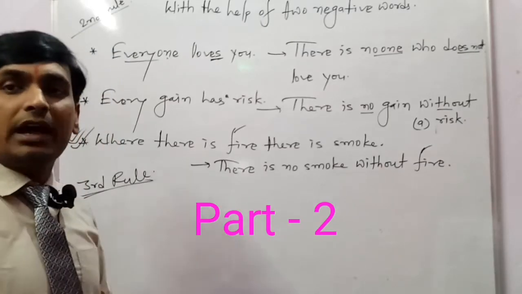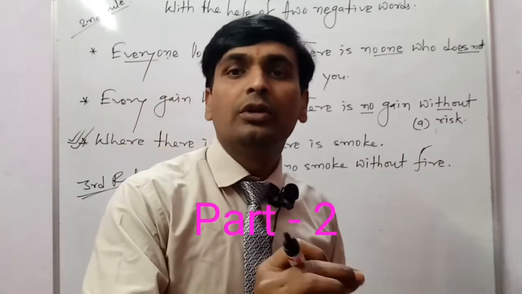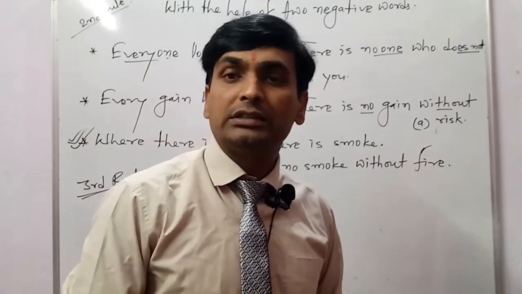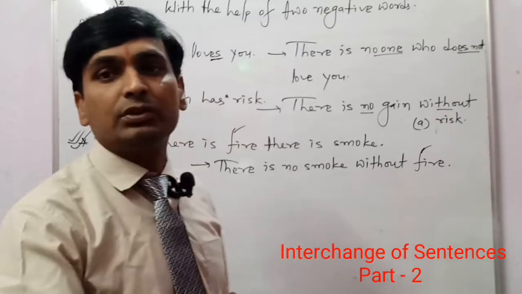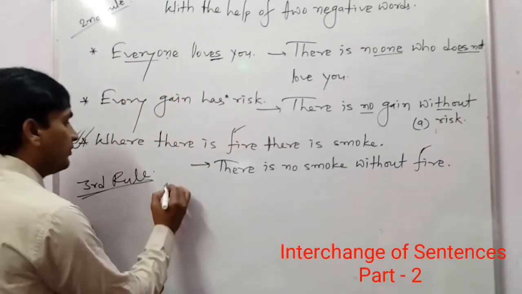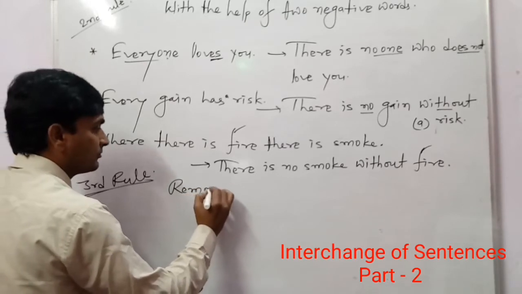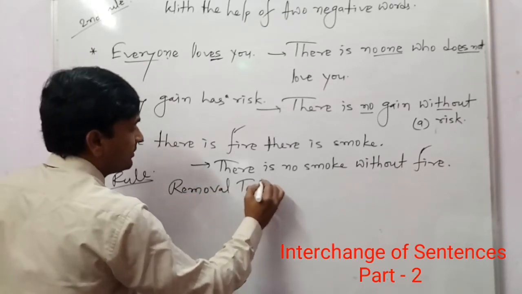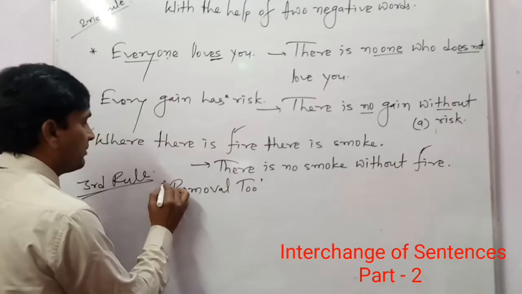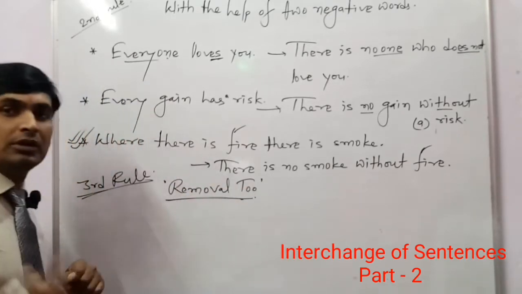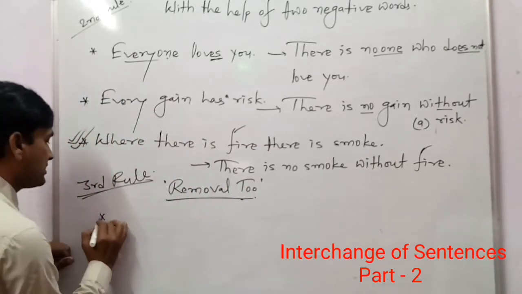The third rule tells you that with the help of "too", by adding and by removing, some sentences can be interchanged into negative sentences. There is a chapter in English grammar known as "removal of too". So if I write here a sentence,